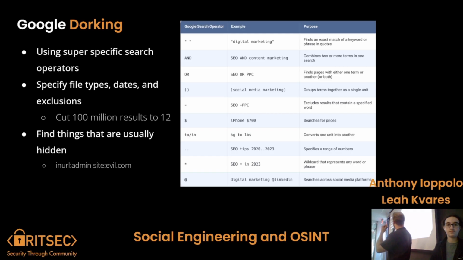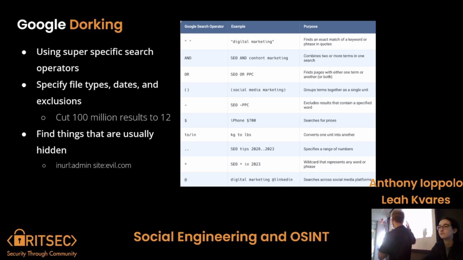But you can use specific search operators to narrow your search down from millions of results to like 12. For example, if I specifically want the word cybersecurity, I wrap it in quotes, and every single result I get will have the word cybersecurity in it. It has to match that. If I'm looking for specific websites and I put admin in quotes, I'm only going to get admin panels.